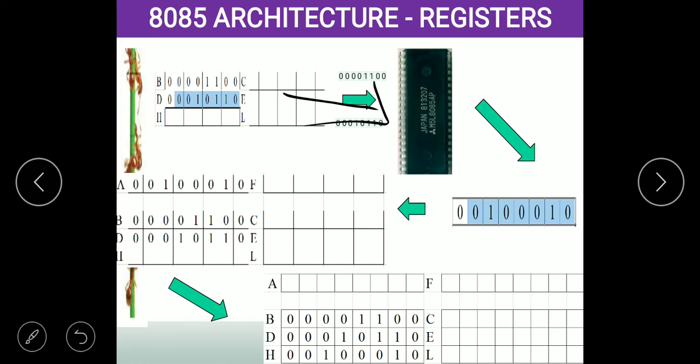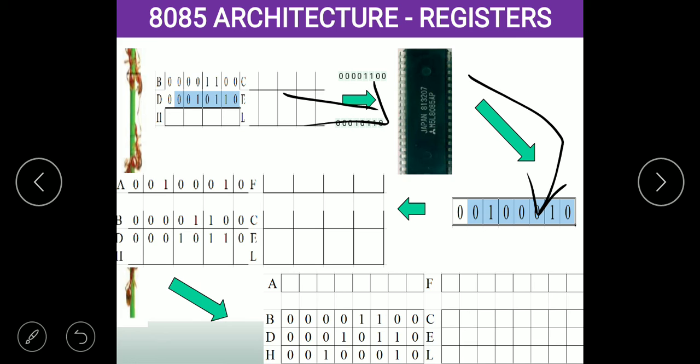Similarly, if you press the plus key on the keyboard, it will emit some voltage that is also given to the processor. So the processor knows we have to add these two numbers, and the processor does the arithmetic addition operation. Then the output comes from the processor. Again, it is a binary number. If you add 12 plus 22, the answer is 34. This is the binary value for the decimal number 34.